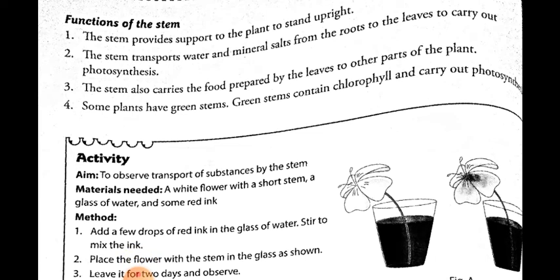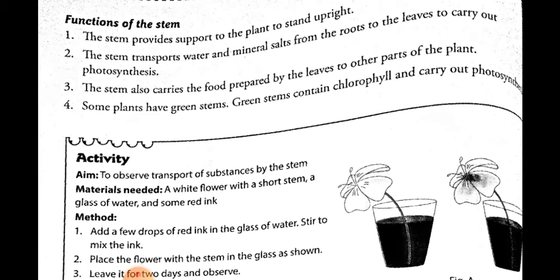In the types of plants we have seen, plants whose stems are thick will stand more upright, whereas plants whose stems are weak will just lie along the ground or take support of other objects to stand upright. Like in the case of creepers and climbers, their stems are weak, so either they lie on the ground or they take the support of another plant. Whereas in the case of the mango tree, the stems are thick, so they stand upright or straight.